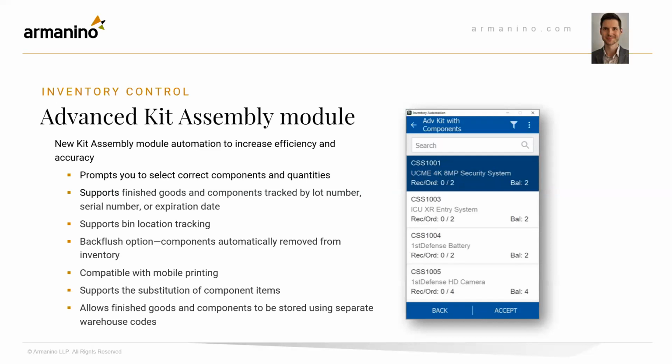This is compatible with mobile printing. It supports the substitution of component items and allows finished goods and components to be stored using separate warehouse codes. As you can see on the right, there is an example of what this new module appears like. So it's a neat way to make sure that you're always selecting the right items and quantities when assembling these kits. So just a neat feature that I'm very excited about. And if you wouldn't mind going to the next page,